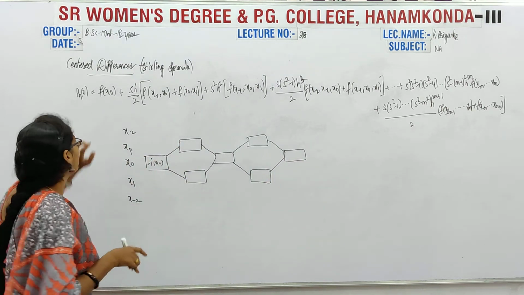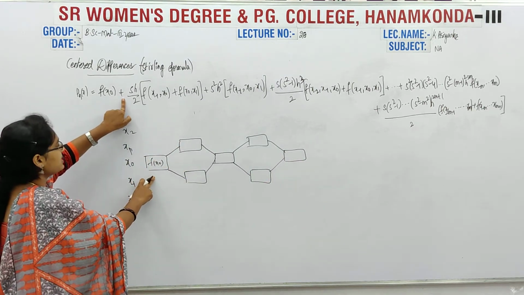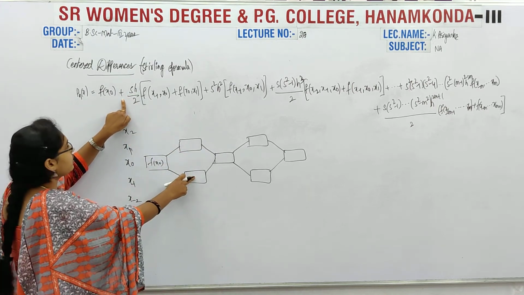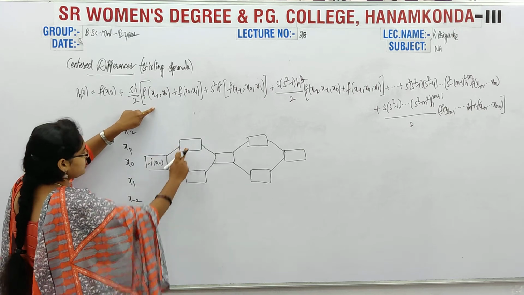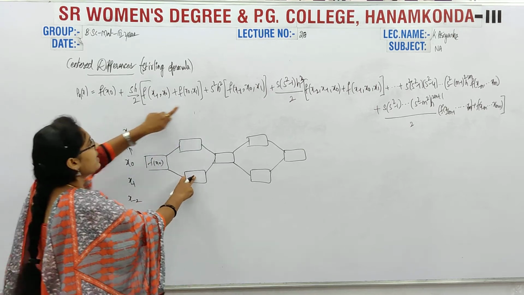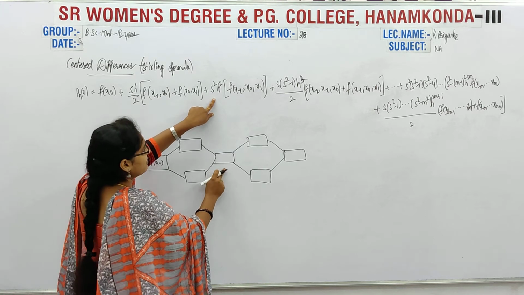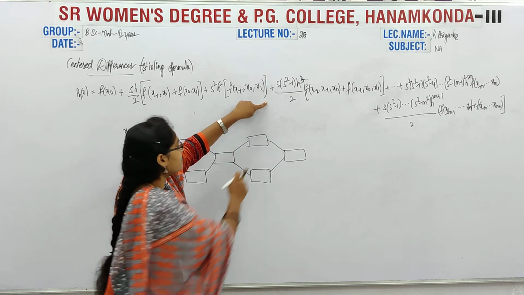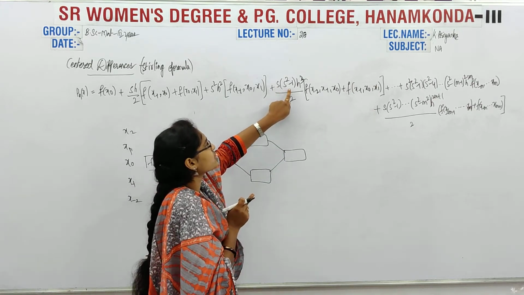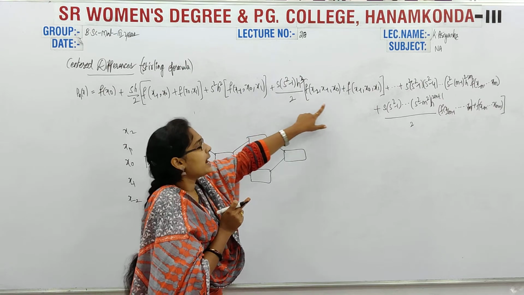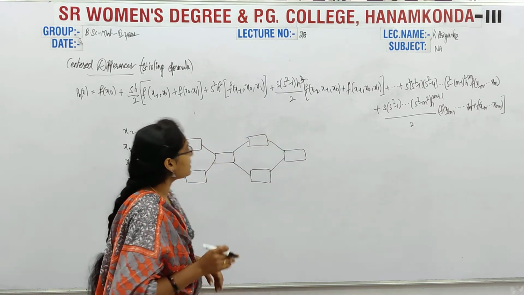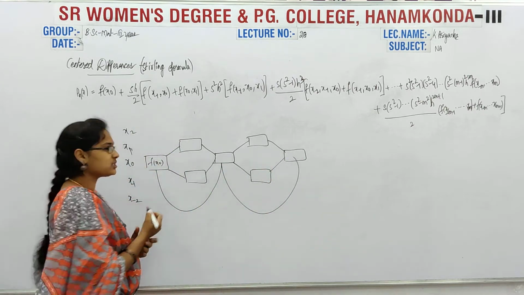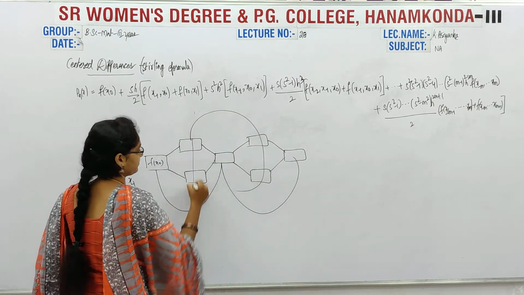So that's why we get f of x naught plus s h by 2 times this value and this value, so f of x minus 1, x naught, x1. Plus again the middle value, only one value, s square h square f of x minus 1 comma x naught comma x1. Again we take two values, s into s square minus 1 into h cube by 2, and so on. So here we get two terms: one formula for these individual values and one formula for these.